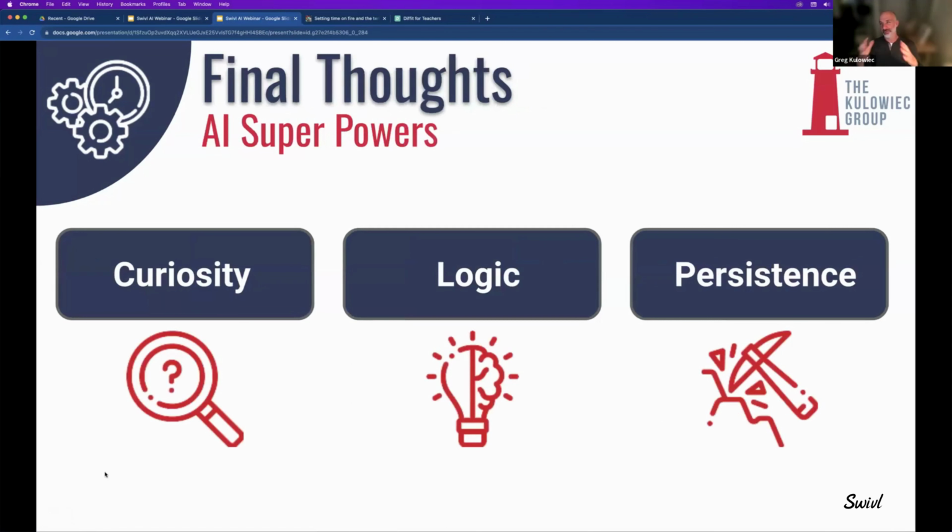So as I pull my thinking together, what I want to share with you is the one new way I'm thinking about how we generate AI superpowers. And these are the 3 I'm settling on now. So one is curiosity. Can you ask good questions? Can you be curious and maybe move out of a rut of your own thinking to be curious about what you might be able to create?